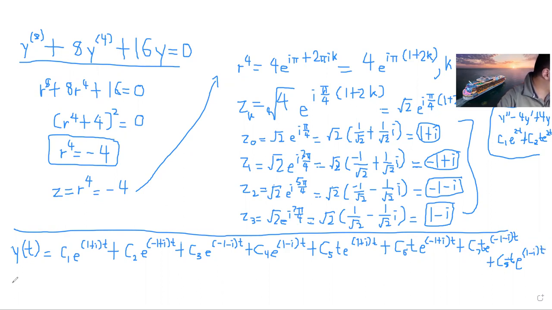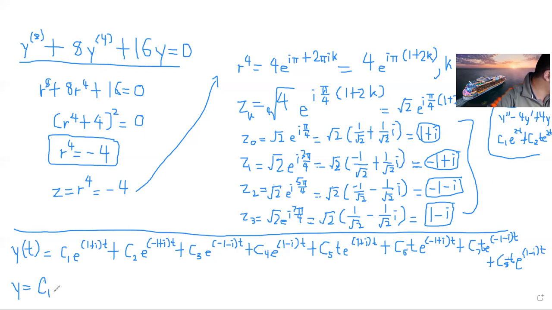Okay, y is equal to, now there's this theorem in ordinary differential equations. I explained it before. When you have something like e to the power of it, you can break it up into its real and imaginary parts, which would take the place of cos and sine, and they would both be parts of the solutions to the differential equation. So this could be actually written as